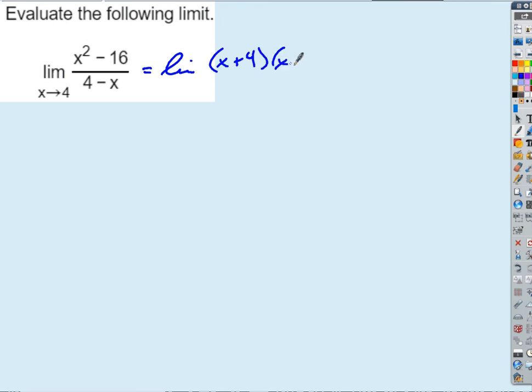x plus 4 and x minus 4, and the bottom is 4 minus x. So you've got to be a little bit careful on this one. I don't have cancellation quite yet. What do I have to do? Take out a negative from the bottom. Okay, good. So I could, for example, multiply the top and the bottom by -1 if I wanted,